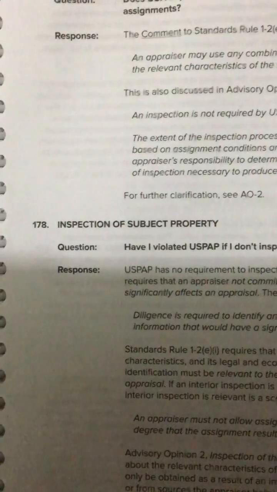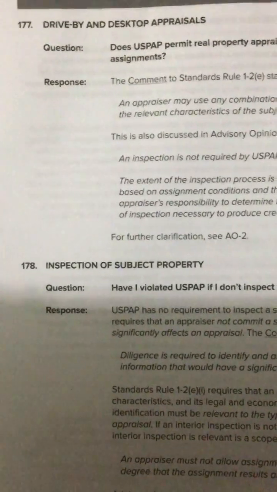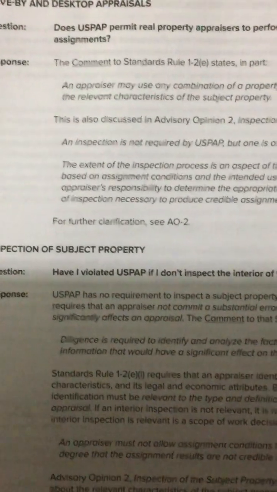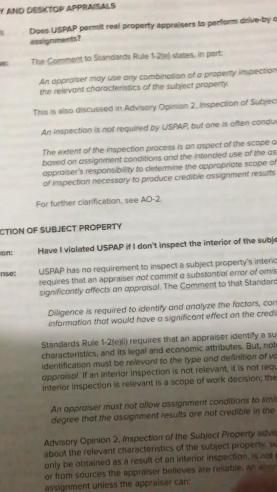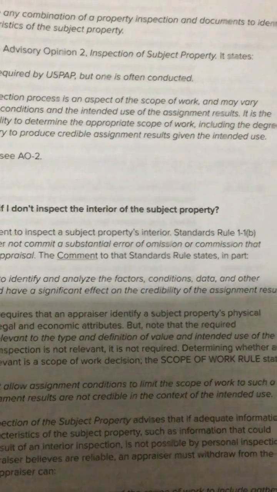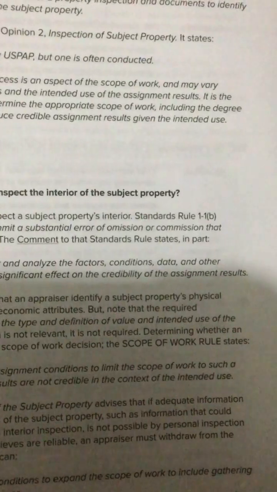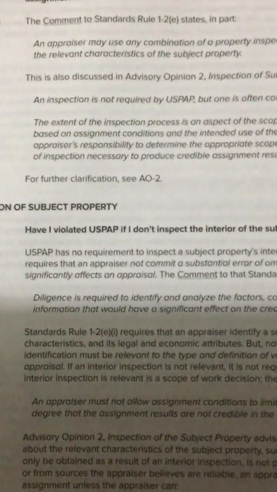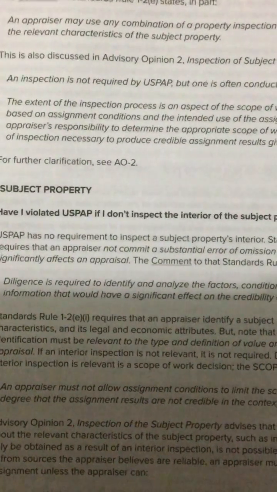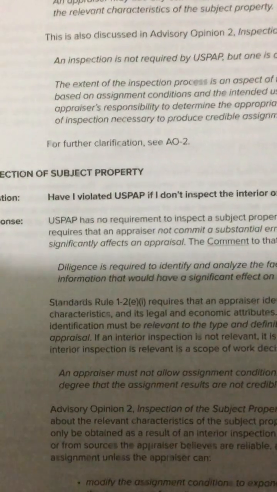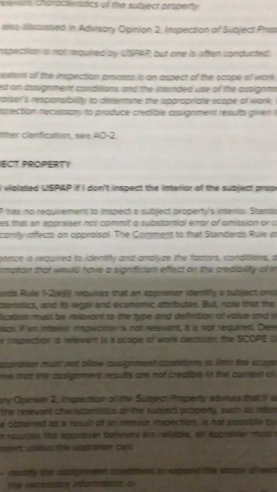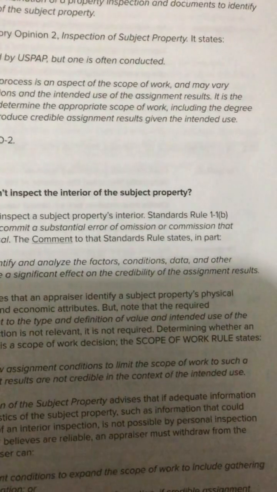Number 178, Inspection of Subject Property. Question. Have I violated USPAP if I don't inspect the interior of the subject property? Response. USPAP has no requirement to inspect a subject property's interior. Standards Rule 1-1B requires that an appraiser not commit a substantial error of omission or commission that significantly affects an appraisal. The comment to that standards rule states in part,